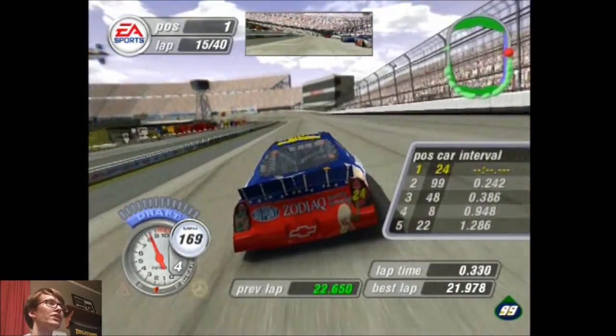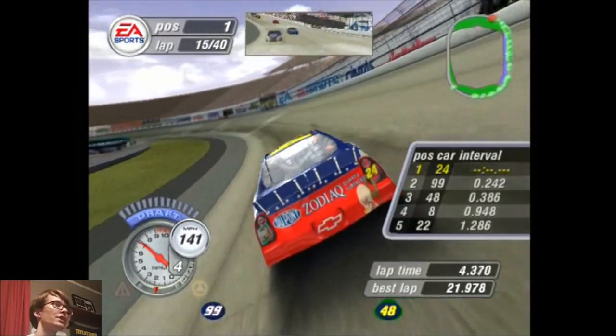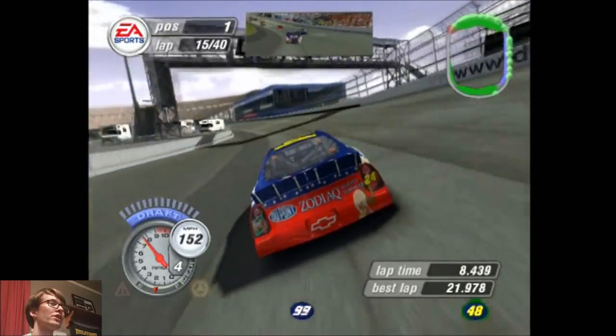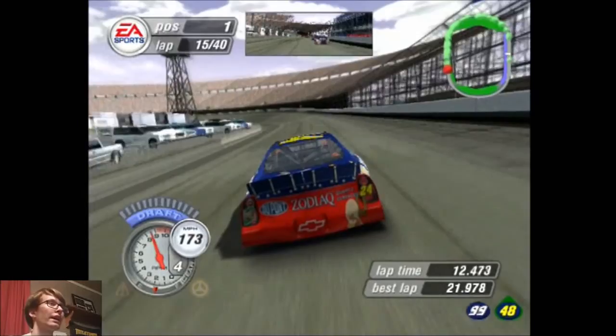I mean, he was on the inside. I didn't see him in the mirror until I looked back on the replay and all of a sudden I saw him there. Next thing I know, I lost my grip going into the corner because we had just taken our pit stop and our tires were pulled and everything. Yeah, that was